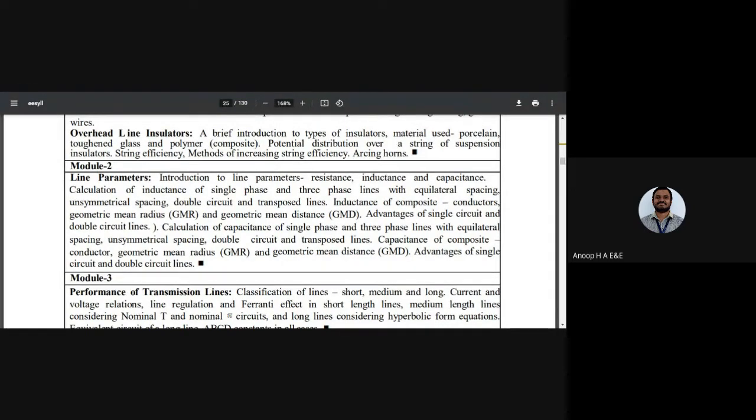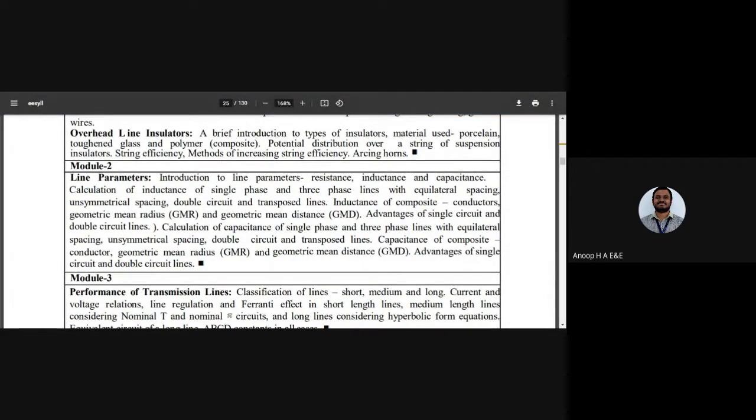So when I talk about module number 2, that is the line parameters, if you have any idea, you can add on to it. You will be discussing more about the calculation of inductance and capacitance, which are considered to be the energy storing elements in a circuit. We will also highlight what happens in a three-phase circuit, what the inductance equations are, and why we need the transmission lines to be transposed. What is the main importance of transposition of transmission lines?